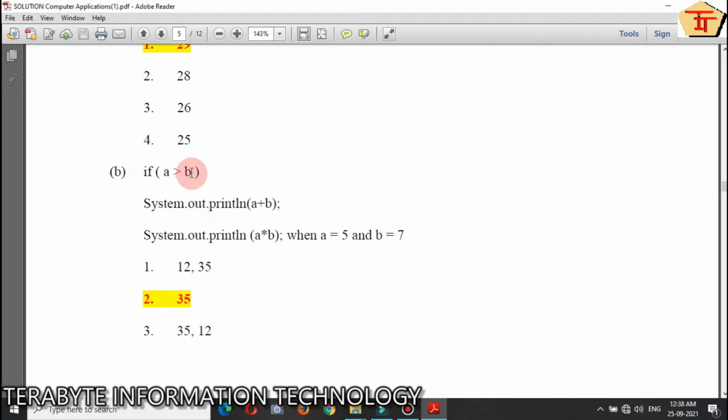If A is greater than B, then it has given you 2 lines as a statement. When A is 5 and B is 7, that means 5 greater than 7, so it is not at all a true part, so it will come to this particular part and do multiplication of A and B, that is 5 into 7, so the result is 35, so option 2 is the correct answer.